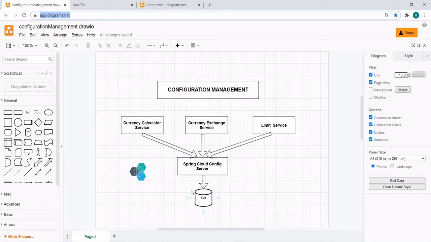In our local machine we will create a local repository, and thereafter we will connect the Spring Cloud config server to the Git. So far we have created only the limit service, which is reading the configuration from application.properties. Now it has to read the configuration file from the Spring Cloud config server.